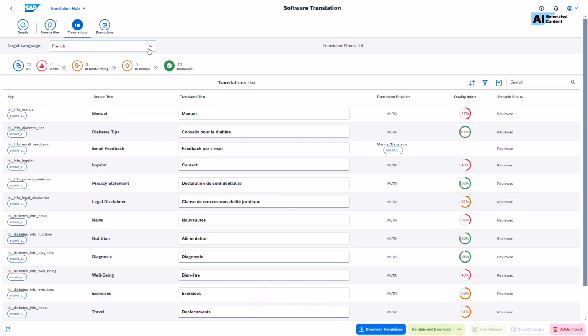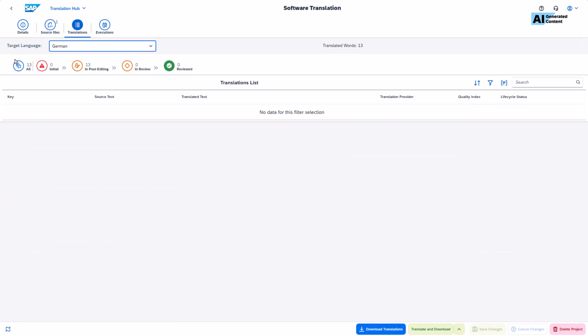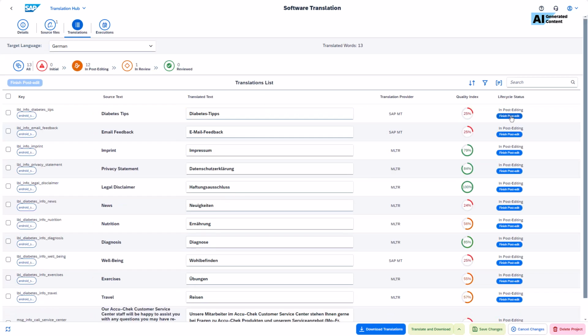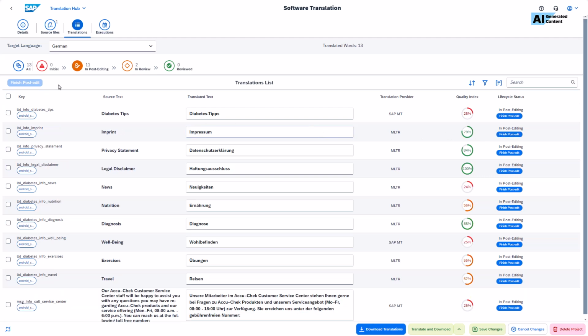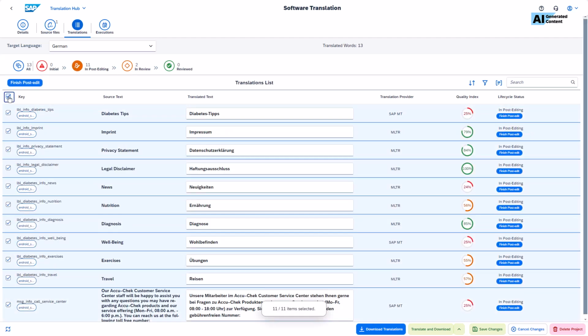I'll now perform the two-step process for language German. There are 13 texts in total to be processed in German as there were for French. Again, I can individually finish the post-edit for the texts, and we see they've moved into the in-review status, I can batch approve the text from my post-edit,